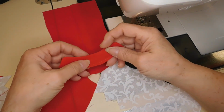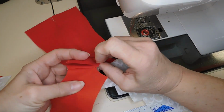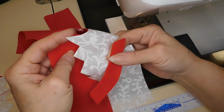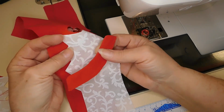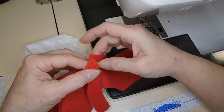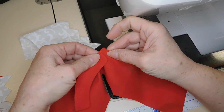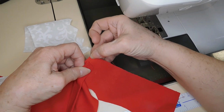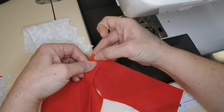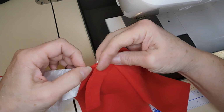So now when I put in the collar, most of the time doing a collar, if you've watched other videos, we match the center back and then work our way around to the front. But this time, because the front is going to overlap, they're not going to meet, I'm going to start my collar on the edge that is not zigzagged, about a 1/4 inch away from the raw edge of the fabric, because remember, I'm going to have a seam right here where the facing will be, and I want the collar to be right about at the edge. So I'm going to start about a 1/4 inch in from the raw fabric edge, and then I'm going to pin the collar on like so,